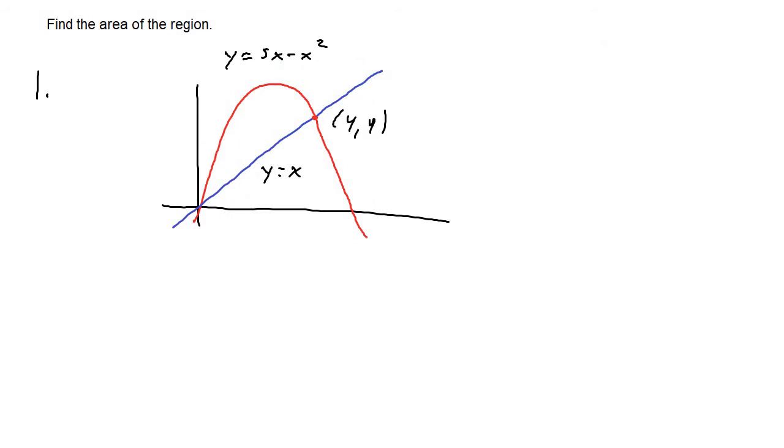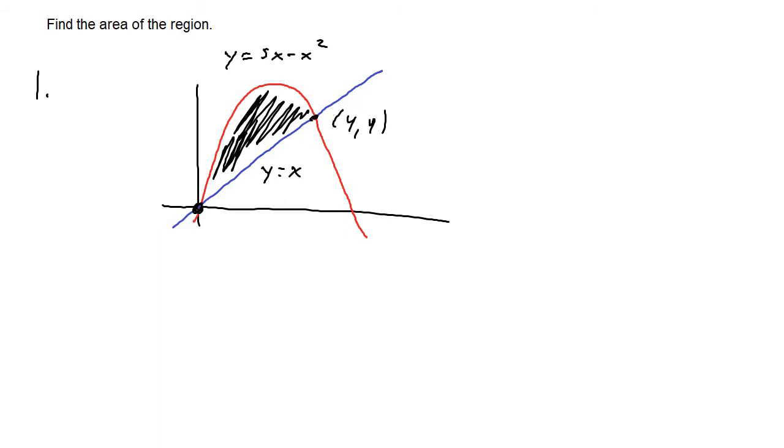Now for these next set of problems, let's go ahead and find the area of the region. So for number 1, we have the top curve, which is marked in red, that's going to be y equals 5x minus x squared. And the bottom curve in blue is going to be y equals x. And we're basically trying to find the area of the region in between those two curves. And notice the points of intersection of both of those curves are 0, 0 at the origin, and then right at